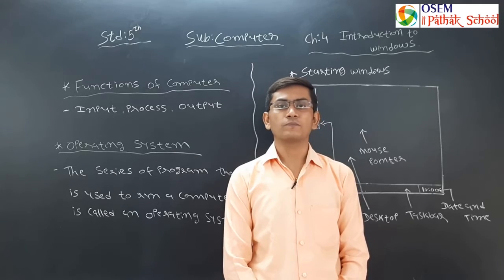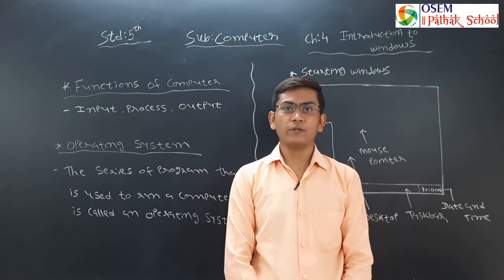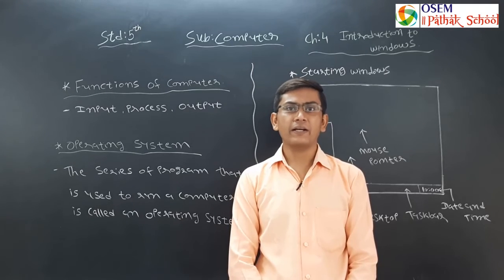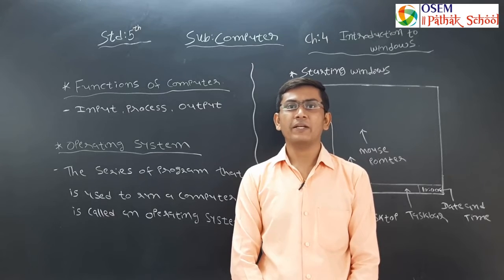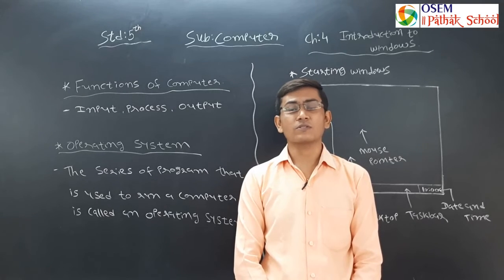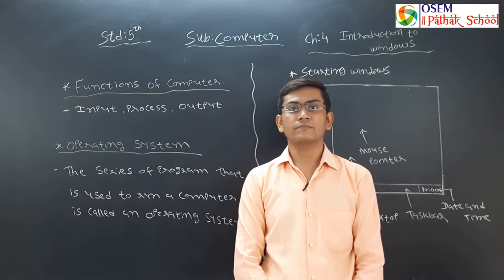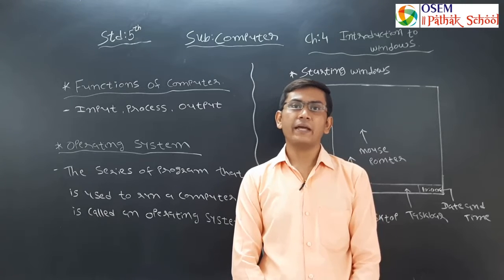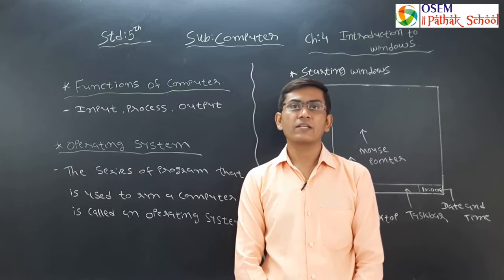Now you all know that the main functions of the computer are input, processing and output. Data entered into a computer is known as input. It could be anything like text, pictures or even sounds. When computer works on this input data, it is called processing, and information generated by computer after processing is called output.